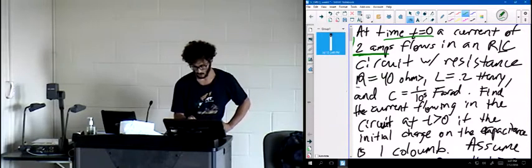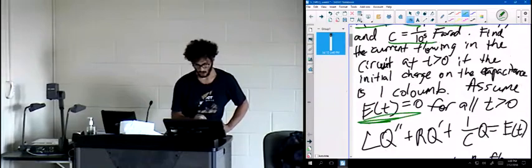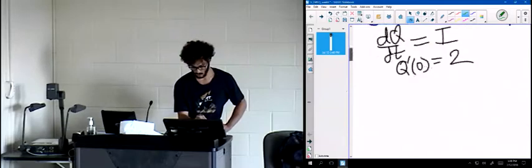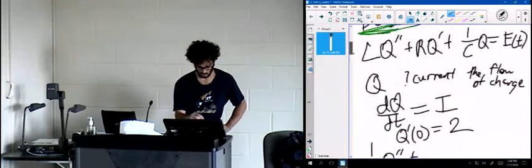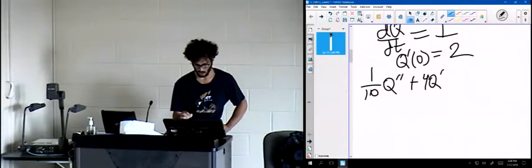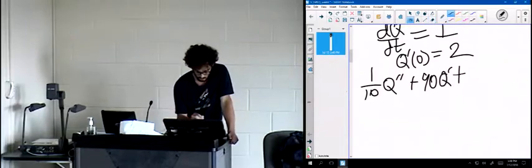Flows, resistance. R is 40 ohms. L is 0.2. C is 1 over 10 to the 5th. Okay? Maybe let's just set up our equation. Oh, and also down here. E of t is equal to 0. So we know that this equation is going to be homogeneous, right? So let's set it up. 1 over 10 Q double prime plus the resistance, 40 Q prime plus